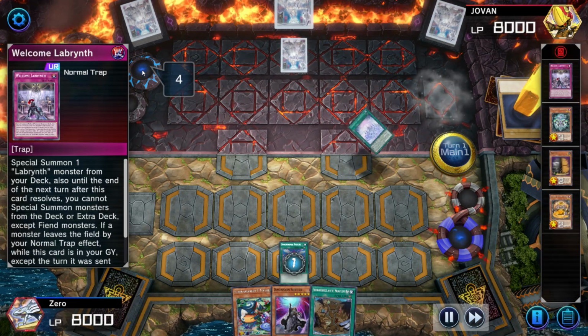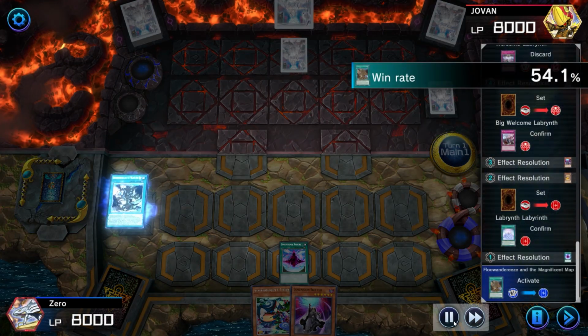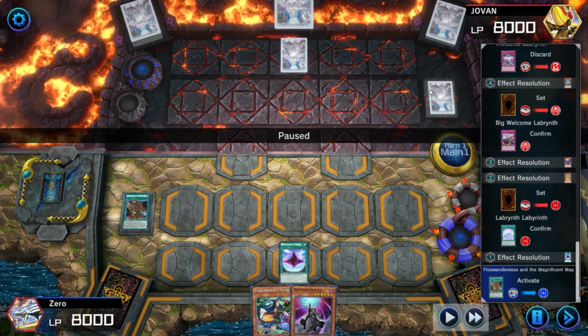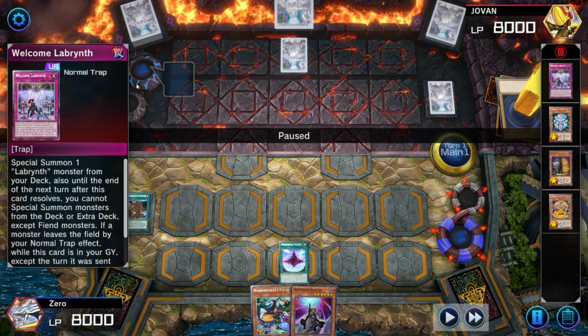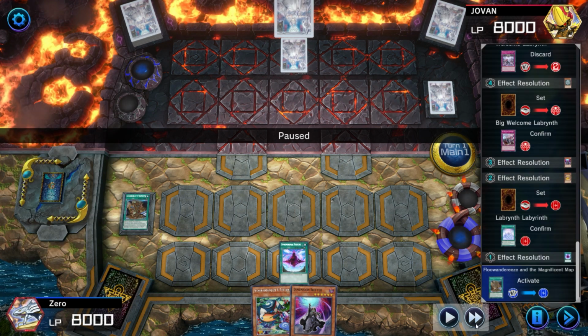They will be able to have one shot to recur their furniture and play through, but they, for some odd reason, set the Labrynth field spell. My guess is they played 2 Welcome Labrynth and they drew both, because there's no other reason why you wouldn't go for double